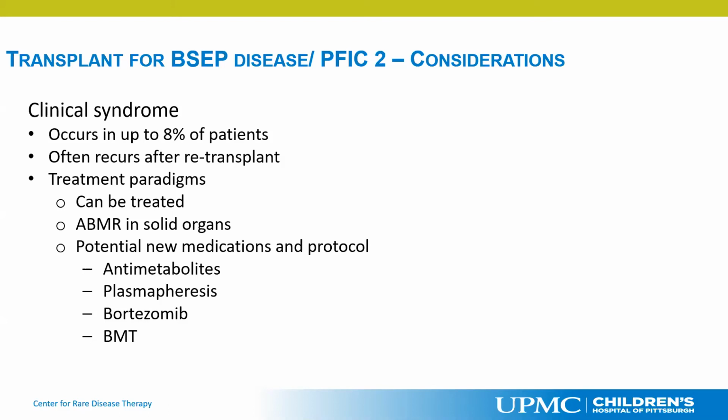That over time can, what you would say, exhaust the cells that make these antibodies, and can lead to treatment, and can lead to kind of a remission in this issue. Bortezomib is a drug that has been used quite frequently in intestinal transplant and renal transplant. Bortezomib is a proteasome inhibitor. It's a drug that actually